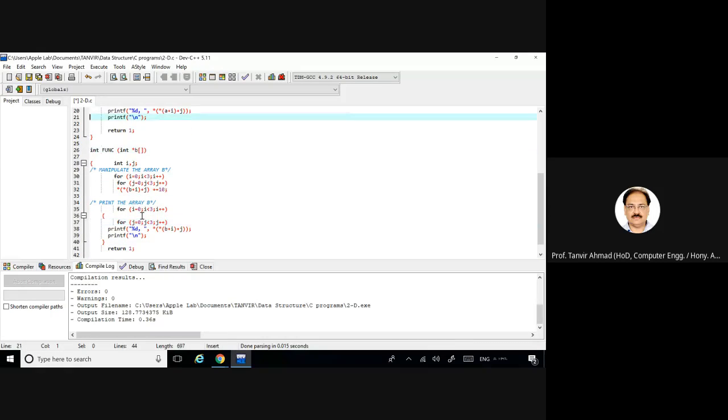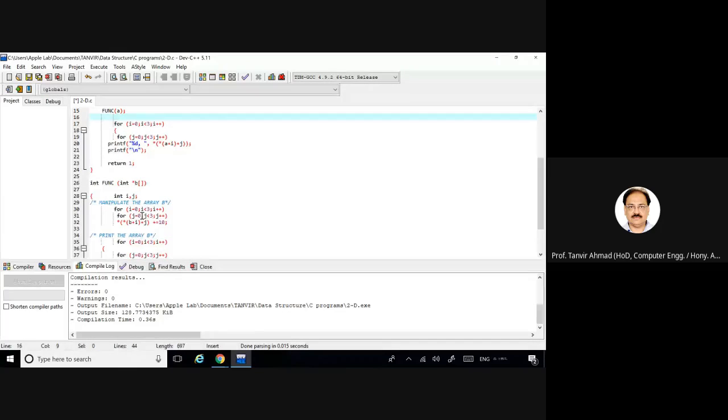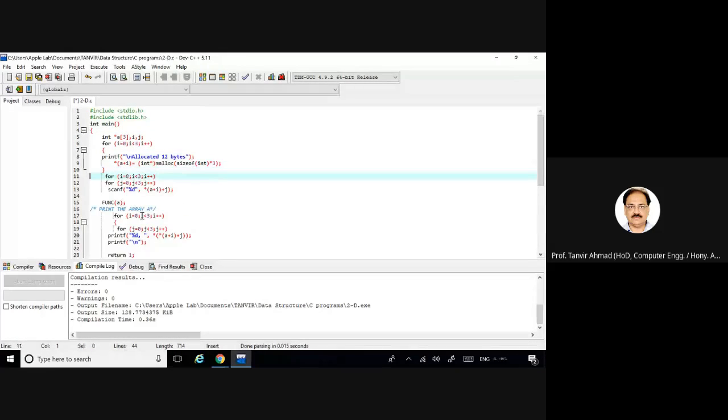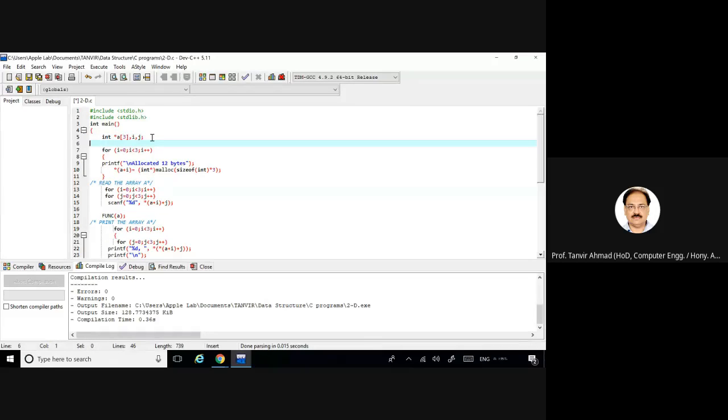Now here already this is the code to print the array A, and this is the code to print the array A,